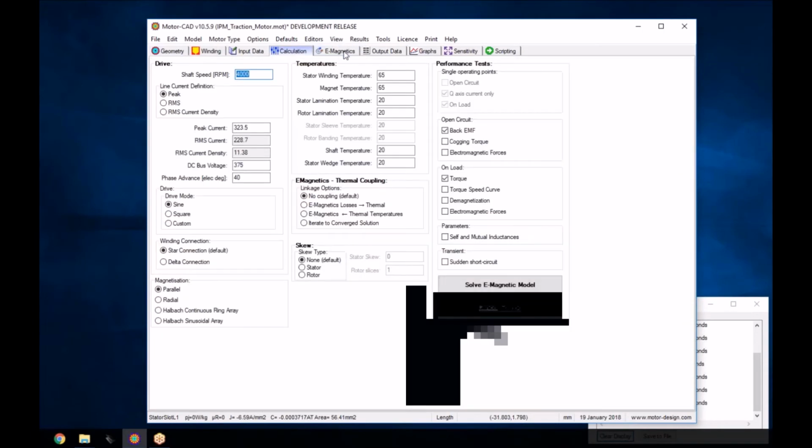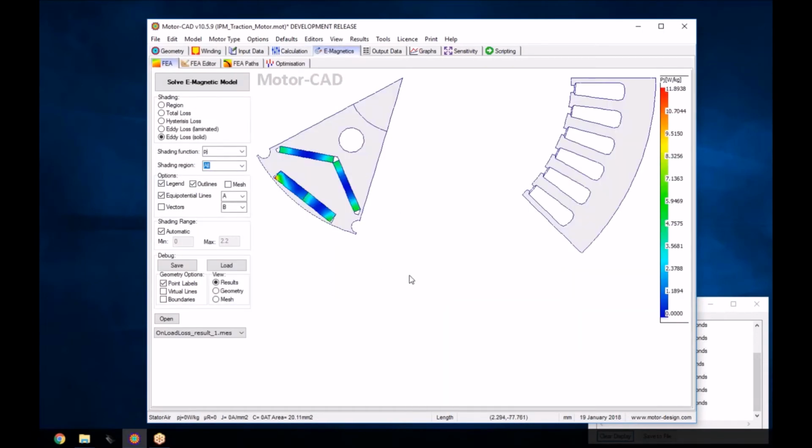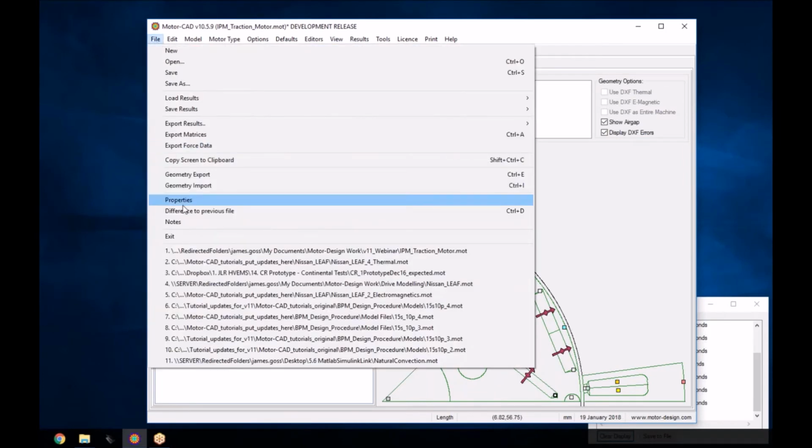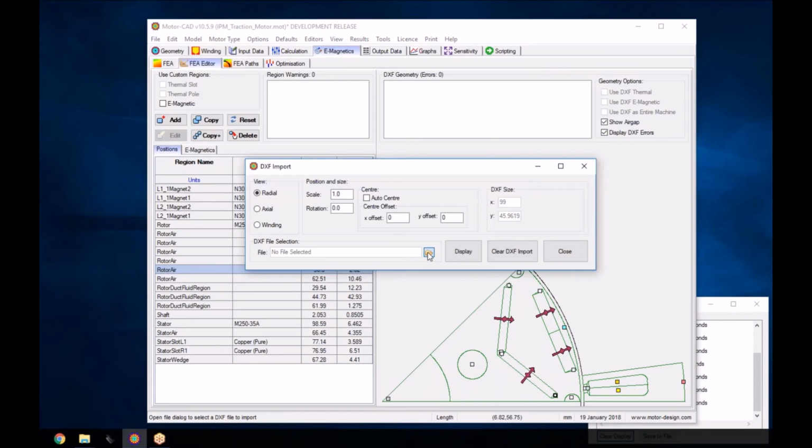One other thing that you can do in Motor-CAD is, if you want to have more definition around your geometry that is not described exactly by the parameterized editor, you can actually bring in a DXF or do some scripting of the geometry. I can demonstrate this here using this FEA editor, and what I'll do is I'm going to import a DXF